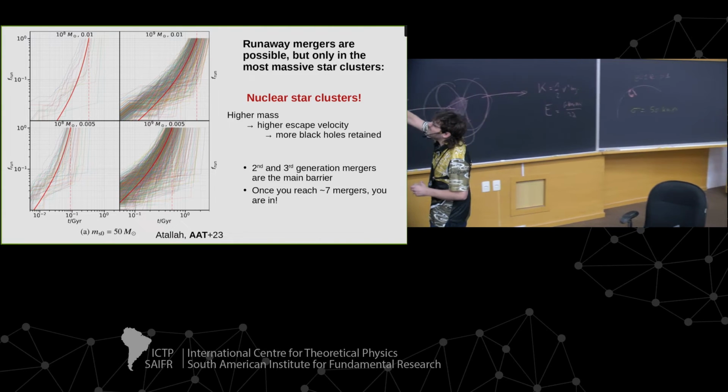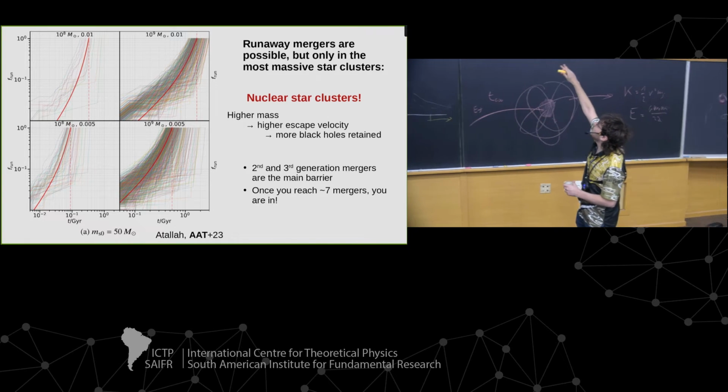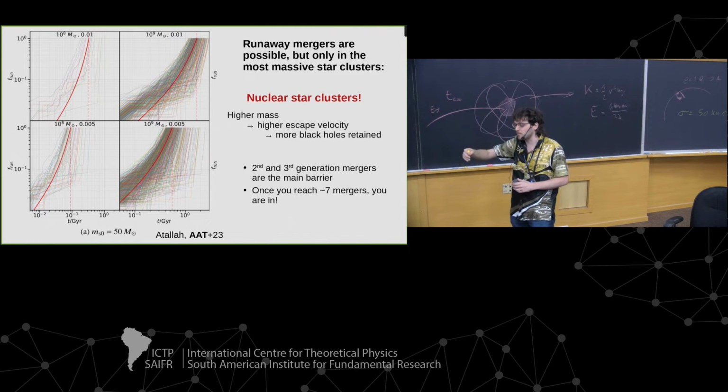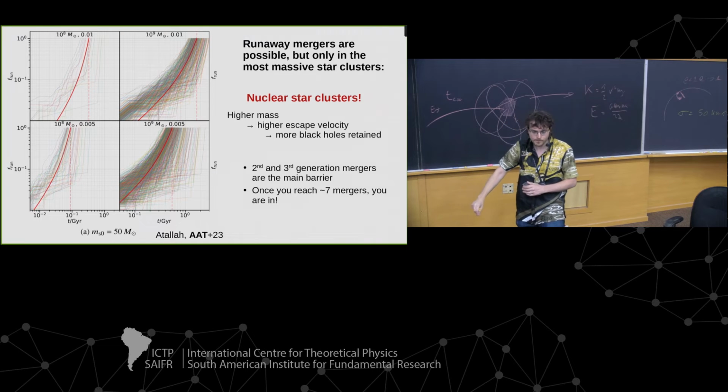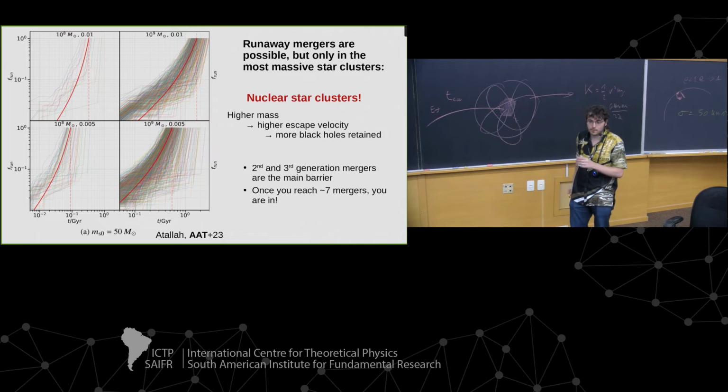And what you see here is basically the mass. The one corresponds to 1,000 solar masses. The tracks are basically individual tracks of a black hole seed that we put at the center of the nuclear star cluster. As time passes, you see that there is a possibility for a runaway, where your black hole will meet other black holes, and then eventually, by chance, because of the orientation of the spin, it gets retained in the cluster, and eventually builds up to 1,000 solar masses, so it becomes an intermediate mass black hole.